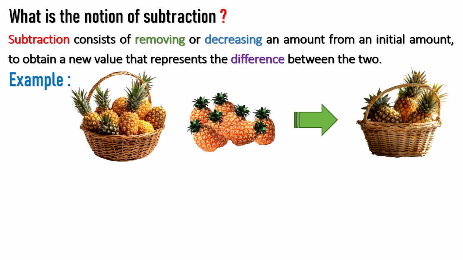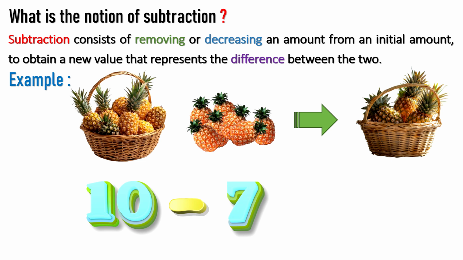The group of 10 pineapples is identified with the number 10. The process of removing a group is identified with the subtraction symbol. The group of 7 pineapples is identified with the number 7. Obtaining the difference is identified with the equal sign, and the total group of 3 pineapples is identified with the